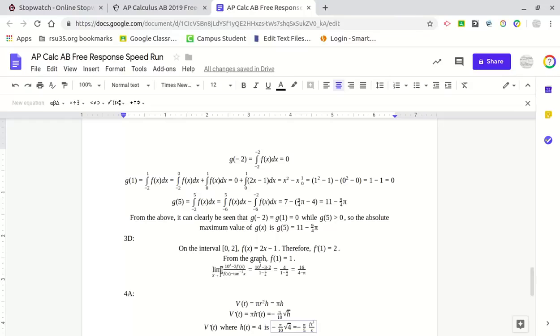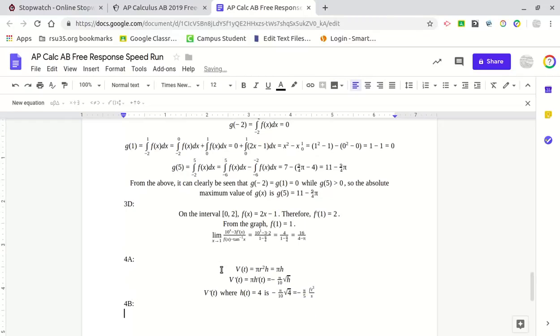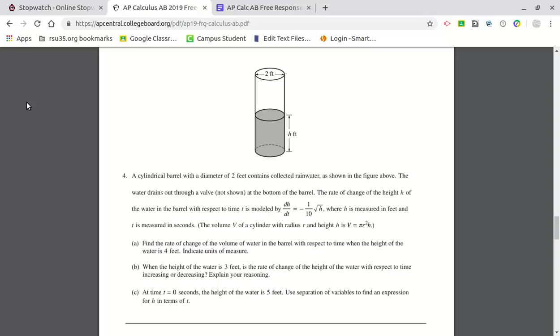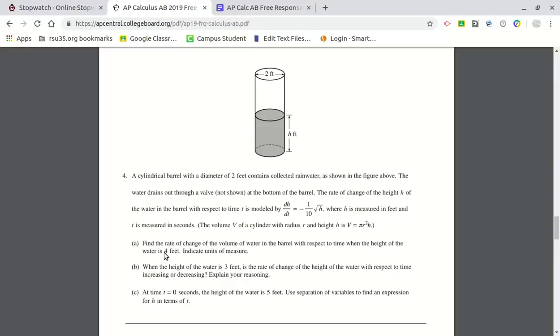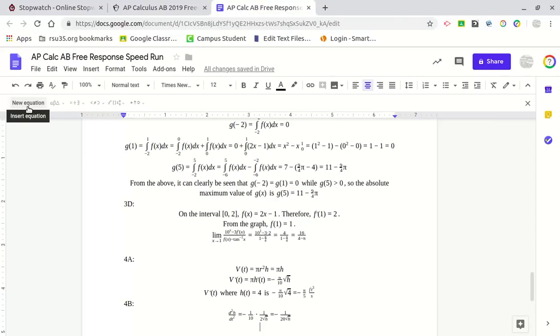Okay, so to figure that out, decreasing with respect to time, yes, okay. So the derivative of the derivative is, by power rule, negative 1/20th over square root of h. So negative 1 over 20 square root of h. There we go. So if I plug 3 into there,